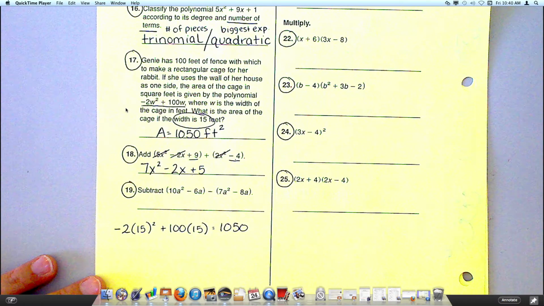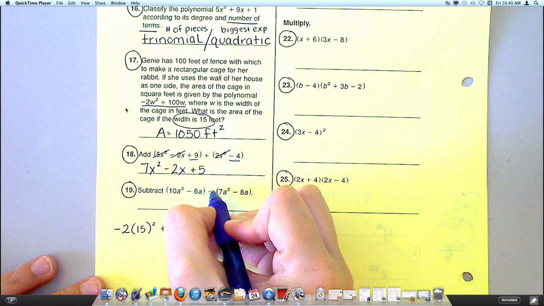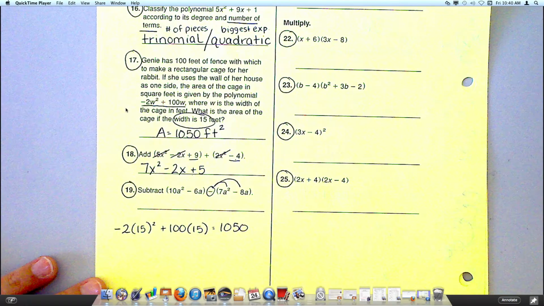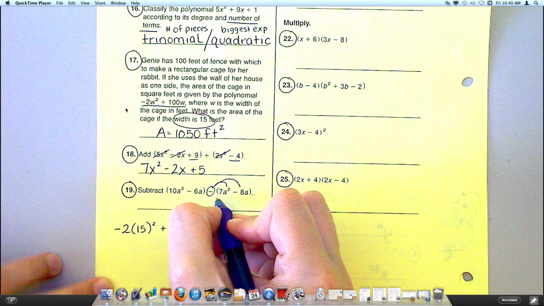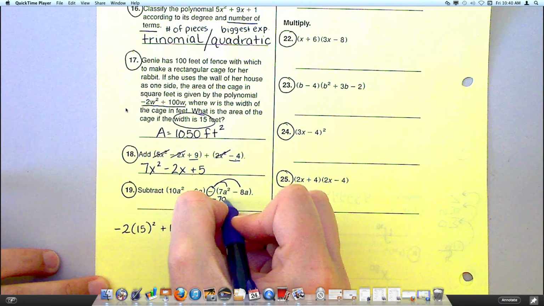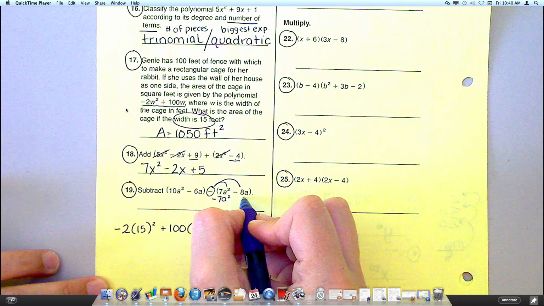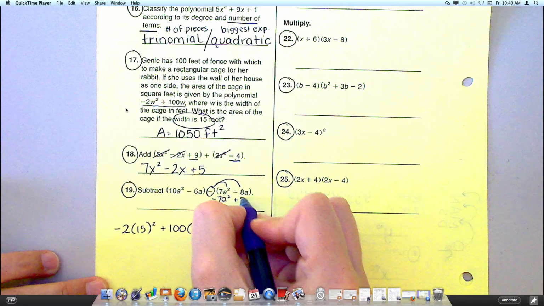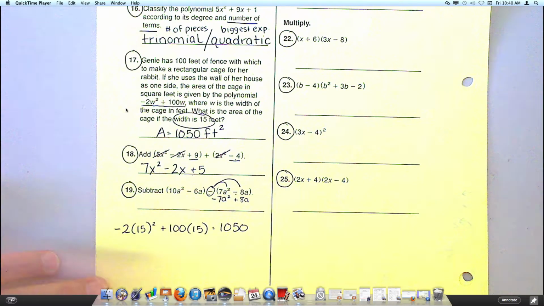It's kind of the same, isn't it? Kind of the same. Don't we have to change the sign? Yeah, really this negative sign is going to make both of these switch signs. So this is really a negative 7a squared, and then what's that going to become? The positive. That's now going to become positive 8a, because if you minus a negative, it's going to become